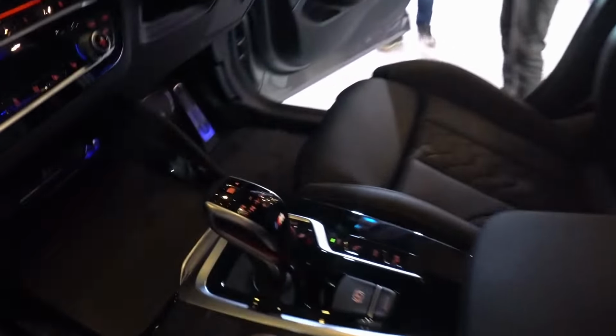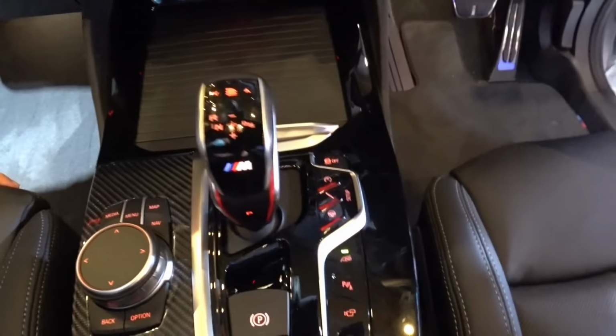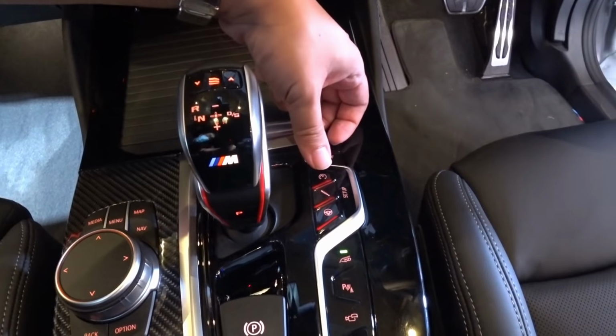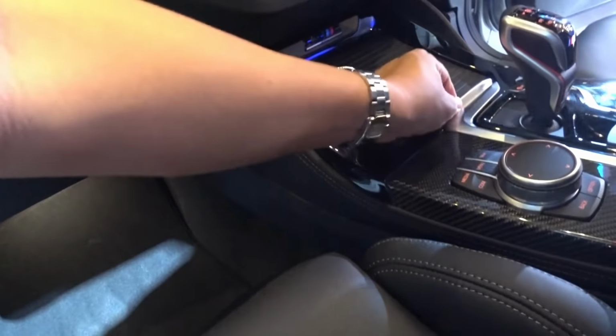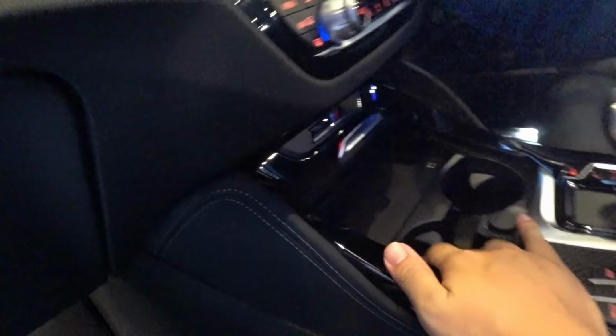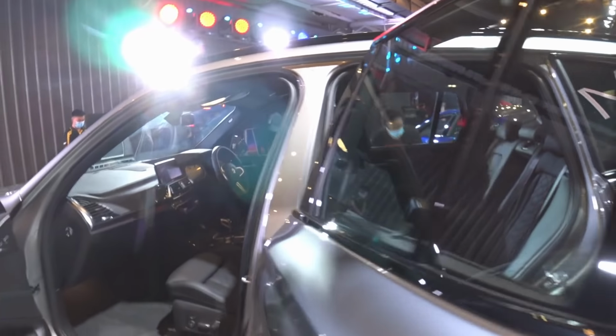On this panel you can see the gear selector together with all the various drive mode adjustments. You have your steering mode, suspension, engine, exhaust, all of this at your control. Here there's an X3 M Competition badge, and inside, when you lift this lid, there's a wireless charger and two cup holders. As you come to the back,